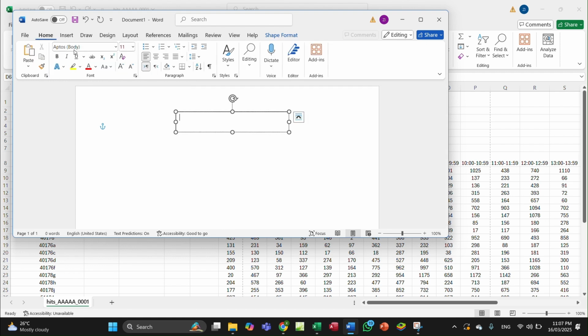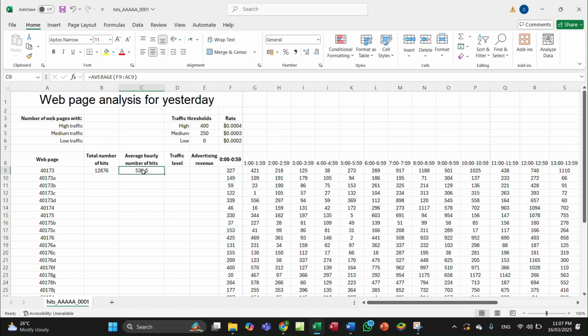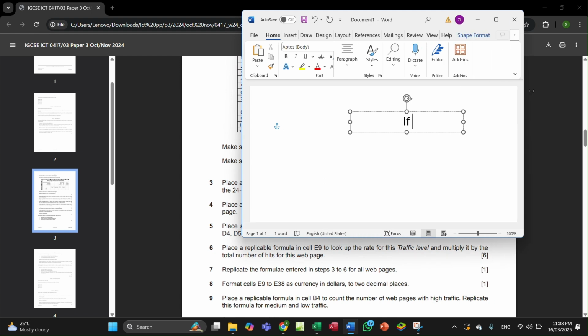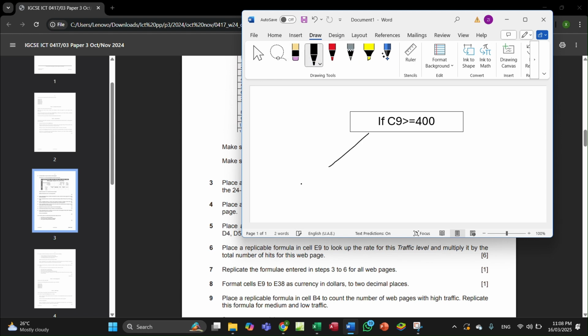So we will use an if function. So if this one, which is cell C9, if C9 is greater than or equal to 400, if yes, then show high. This one is yes. If no,